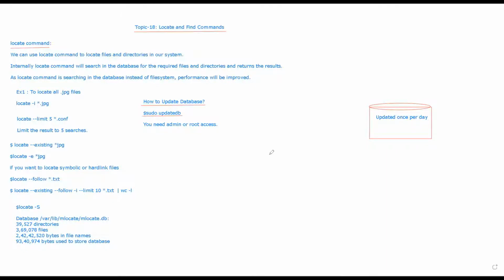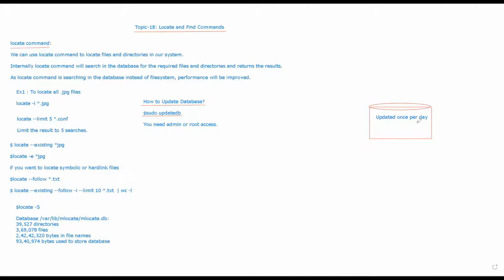If you do updates as a developer or Unix user, you are doing so many updates, right? You are changing files, renaming files, moving files, copying files. So this database is not in sync with the recent changes.